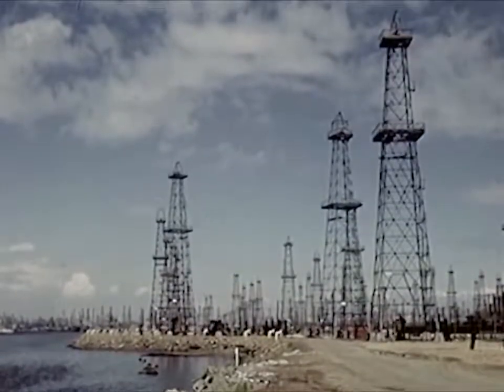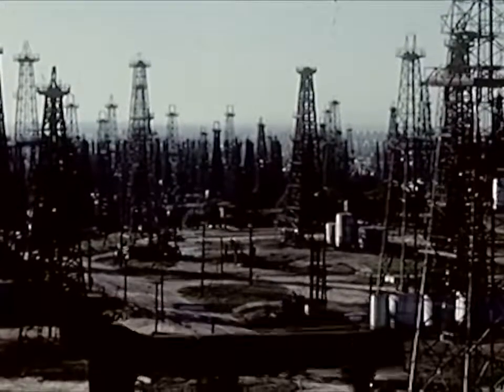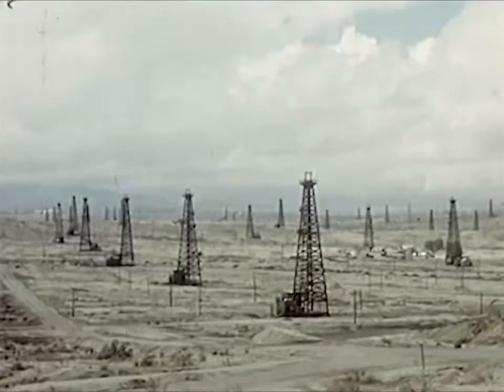Oil is found in only a few hills and valleys throughout the world, mainly in the United States, Canada, and Mexico, in Peru and Venezuela, in the Balkans, along the belt,